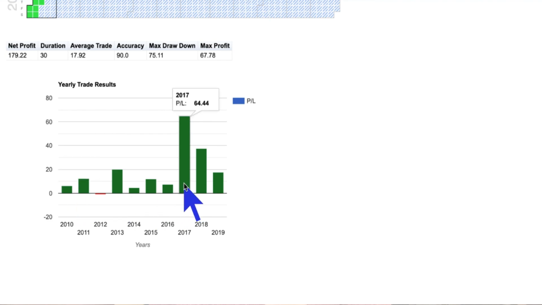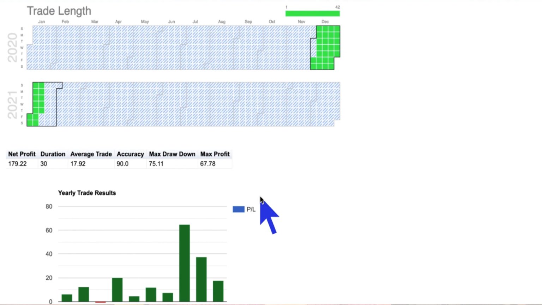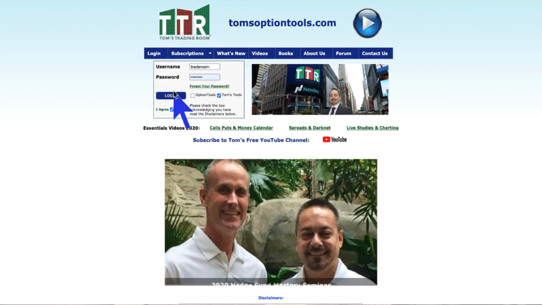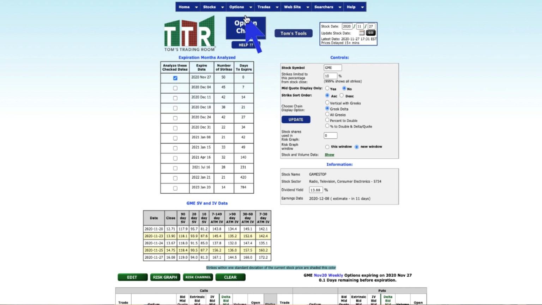Look at 2017, $64.44 move. Here's 18, 37.20, here's 19, 17.31. So Intuitive Surgical is showing a big move. And so for that, what I can do is go ahead and open up another page here for a moment, because I want to go to the options. I'm going to look at some option chains on ISRG.